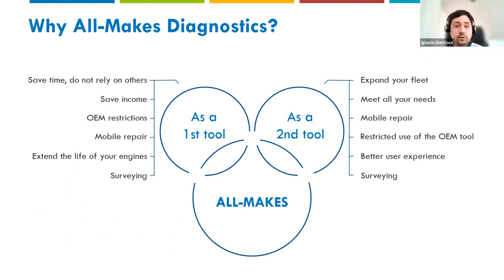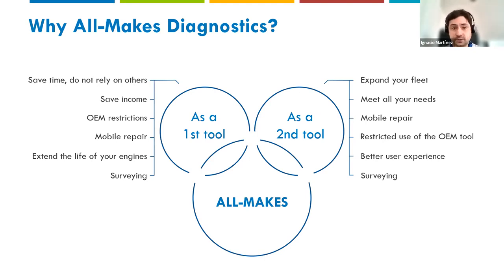And we have a lot of arguments, like surveying. A lot of surveyors use an OMX platform. It's much easier to just go with one, mobile repair, no OEM restrictions. As I was saying before, expand the coverage. Also meet all your customer needs. You can have a customer with different types of makes and models. If you're not able to provide maintenance to all the makes and models, they're just going to go with multiple technicians or find the one that's able to do that. And obviously it's an investment to generate more income or save it,